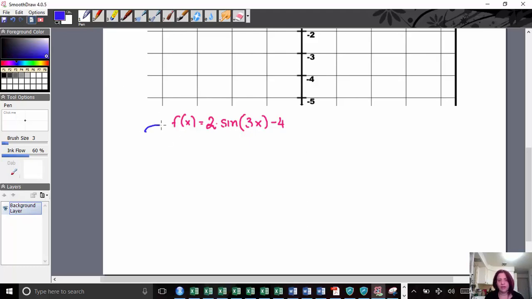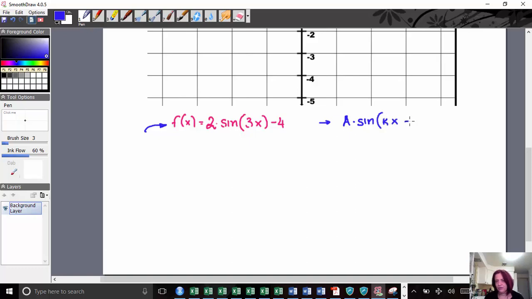Let's work with the following function. What we want is to analyze it, find the amplitude, the midline, the period, and the phase. The first thing that we need to remember is what is the general form of this function. The general form for the function is a times the sine of